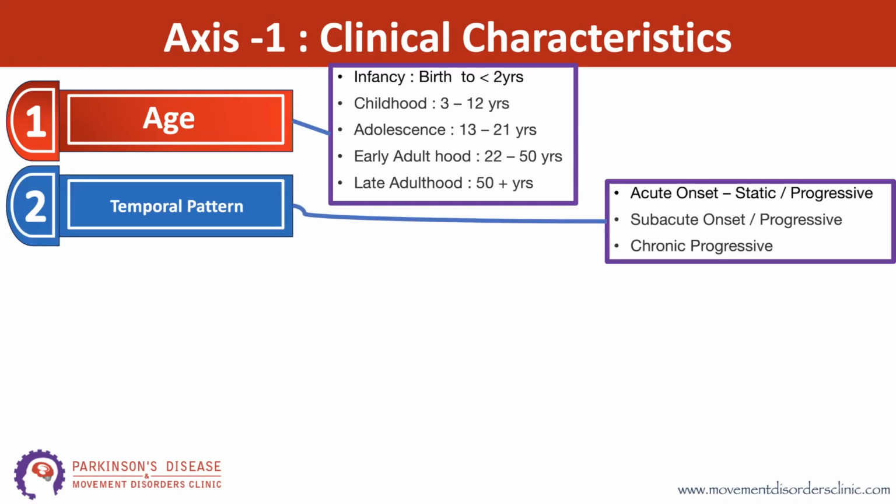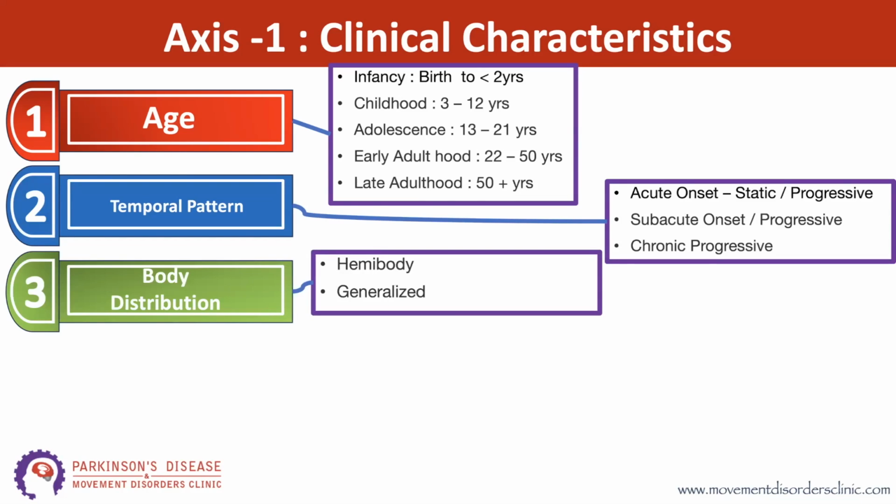So age helps us to know a different diagnosis. And then comes the temporal pattern, whether it was acute onset, static or progressive, subacute onset or progressive, or chronically slowly progressive. Then you should look at body distribution, whether it is located to one side of the body, in that case of a trauma or secondary causes becomes very important, or an insult to the brain, or it is slowly